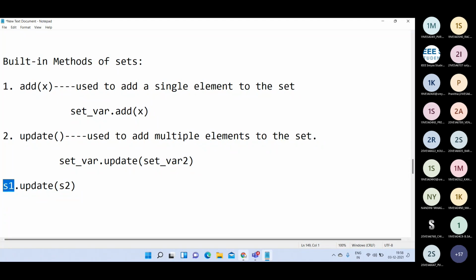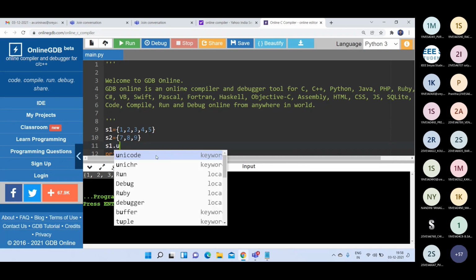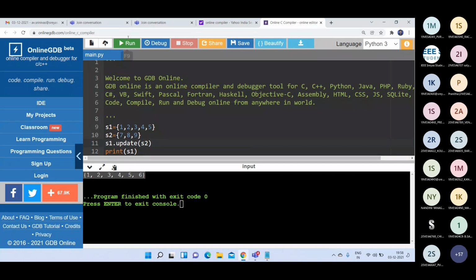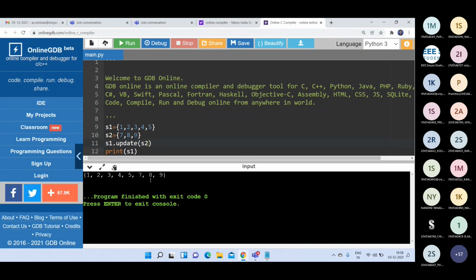See here, already s1 is there. Now I'm writing s2. Suppose s2 is 7, 8, 9. Then I'm writing s1 dot update of s2. If I print s1, we'll get 1, 2, 3, 4, 5, 7, 8, 9.